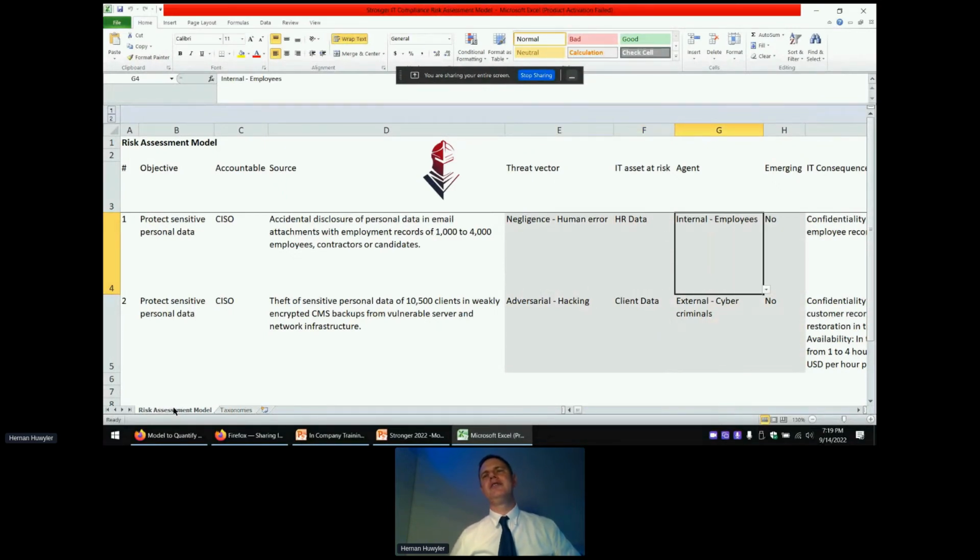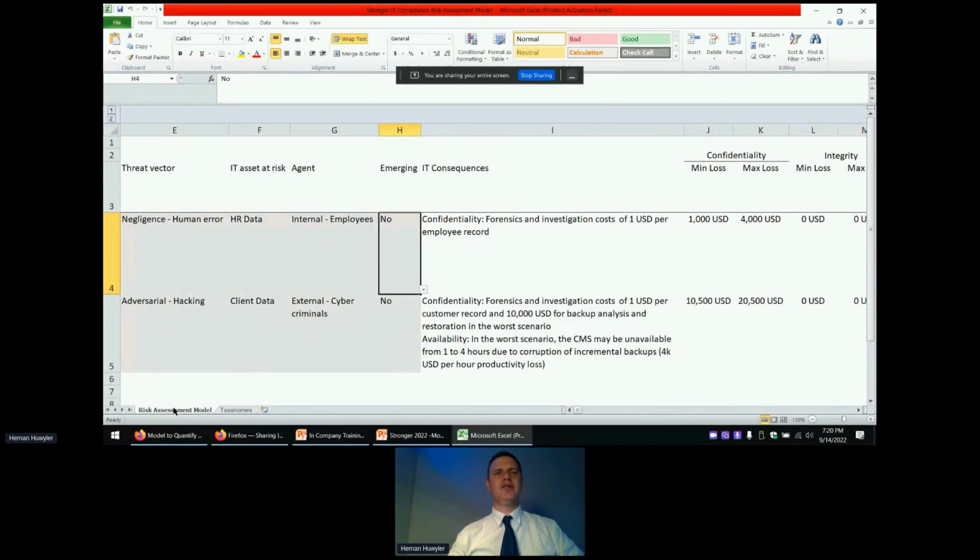Who is the agent? So who is the player triggering this risk? Here, it will be an internal agent, employees. It helps a lot to identify the agents, the vector agents, because we can tell which kind of initiative we can use. For instance, in this case, training will be a particular measure that we can assess because of the internal nature of the agent.